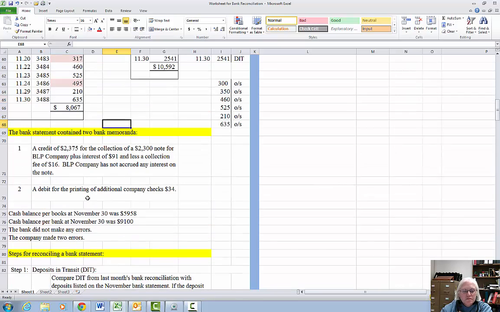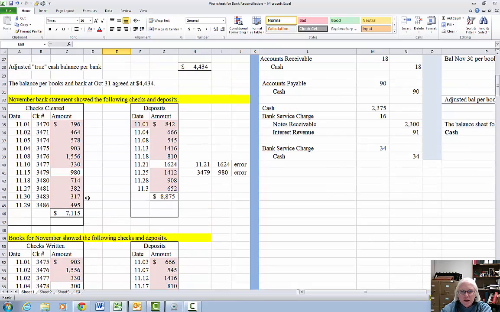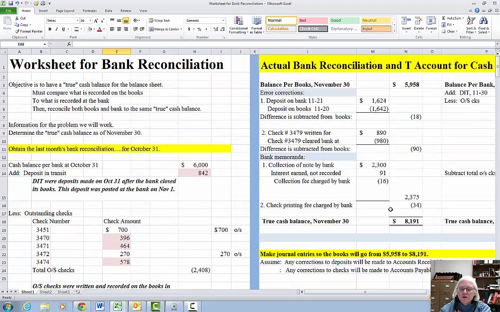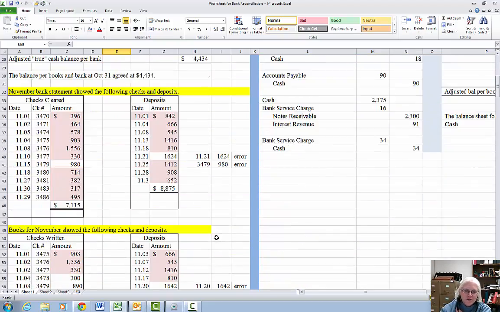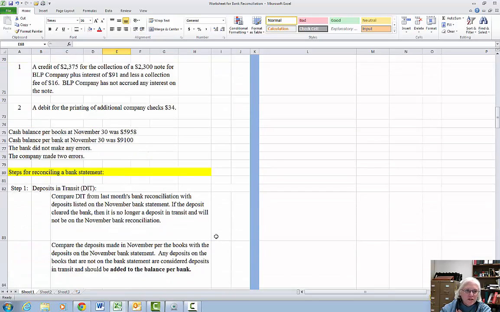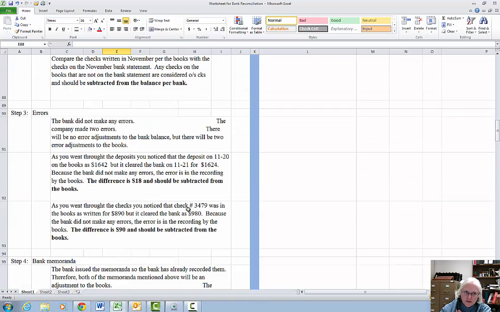And you know, we could probably go ahead and take care of these errors in the deposits and the checks, I think. Let's do the deposits first. So, I don't want to do it that way. Sorry. Let's just keep going down the list. Alright, so on the errors,